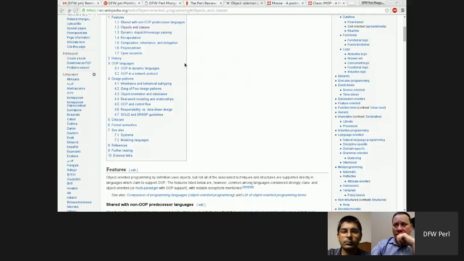Open recursion basically means that an object in some languages, Java, JavaScript, Perl, Python, they all have the notion that an object can call its own methods if it wants to. For example, a cat can scratch itself if it wants to. So in Perl, if you have an object, it can call itself, which is really helpful because